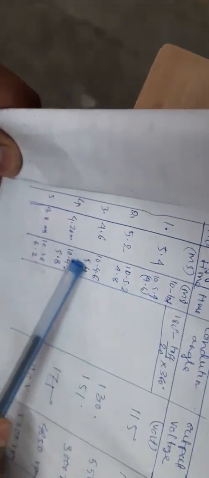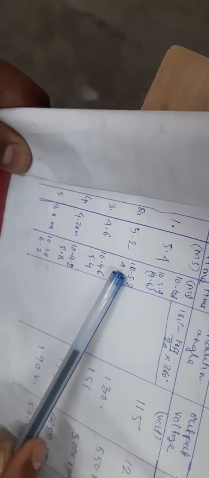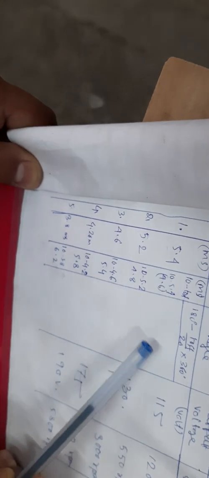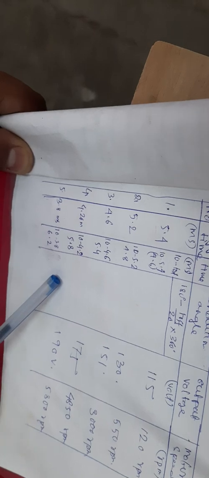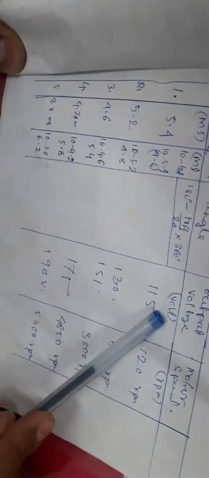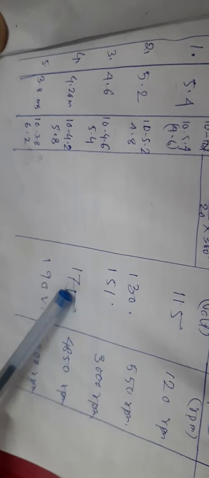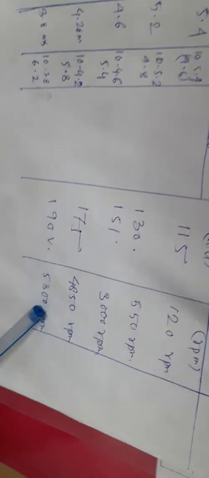The on time is increasing because 4.6, 4.8, 5.4, 5.8, 6.2, and at the same time, as we will show in one sample calculation, the conduction angle will also be increasing. At the same time, the voltage appearing across the motor is also increasing gradually, and the speed is increasing. So this is a point to observe, that by controlling the triac itself, simply with a knob, we can control the speed of the single phase induction motor, and this data proves that theory. Okay.